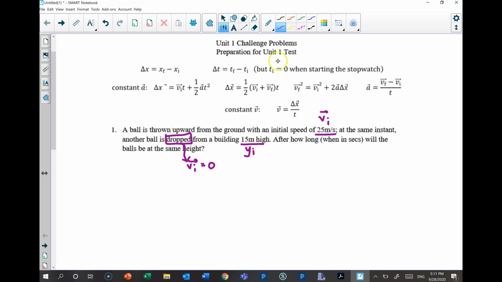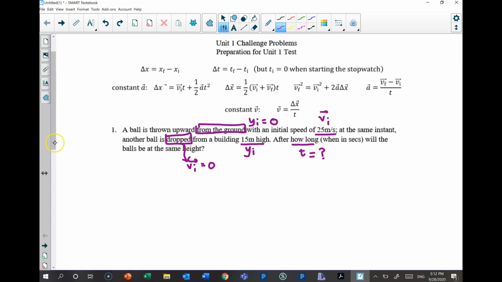There's something else that I forgot to write down in this first sentence. A ball is thrown upward from the ground. Well, if the second ball starts at positive 15 meters up from the ground, how high up is the first ball? Its initial position, initial height, is 0 meters. After how long, that means find the time,